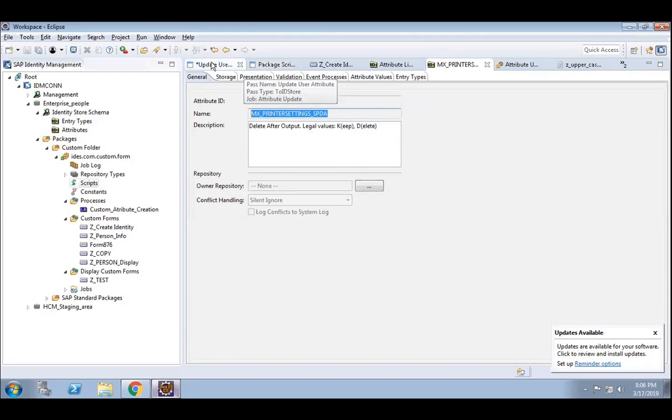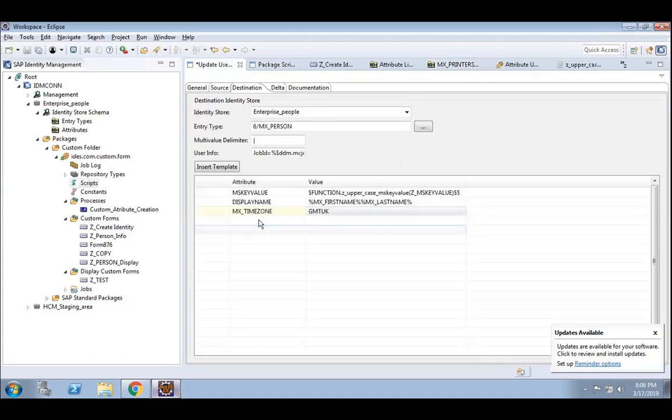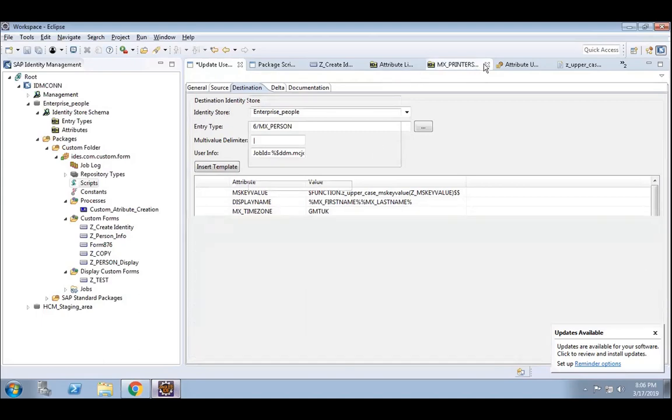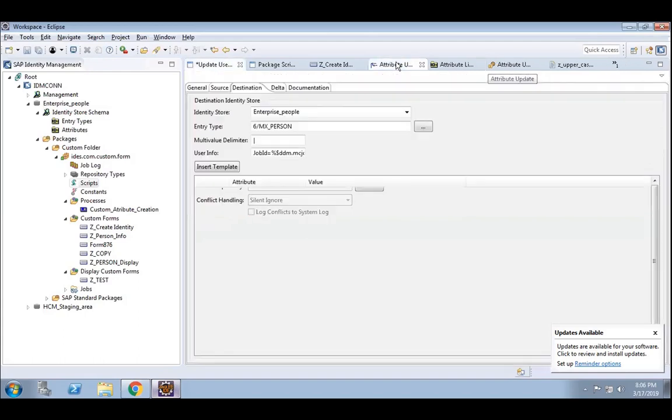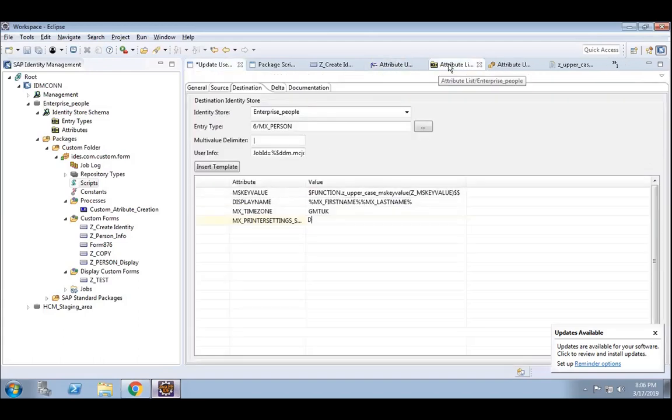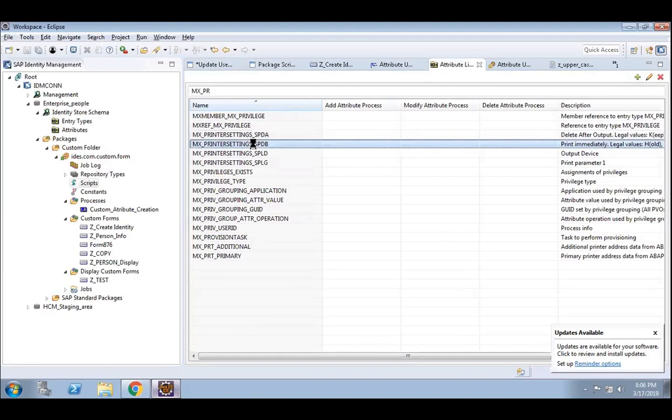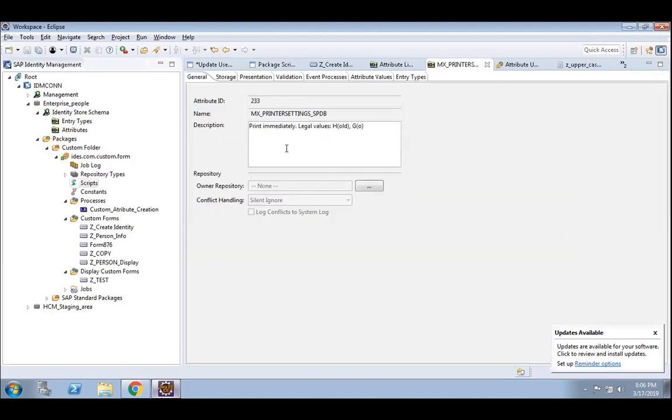Go back to here. Printer setting, putting D. SPDB is printer go.